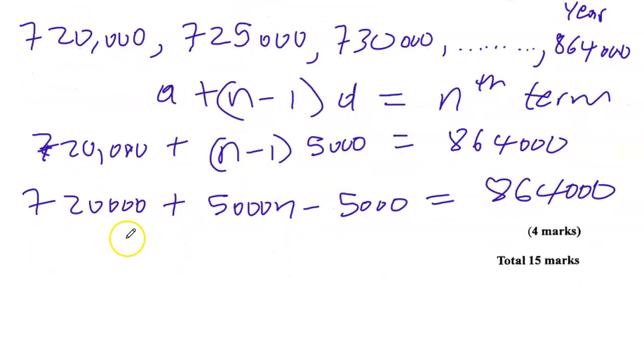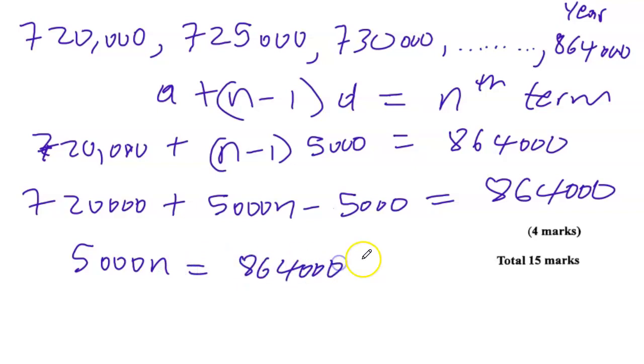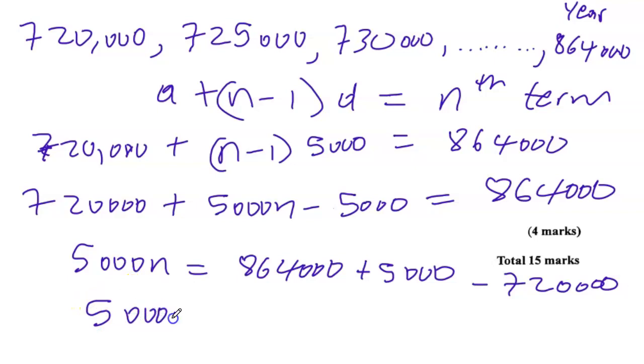So if we keep the 5,000 n over here and group everything else on the other side, we end up with plus 5,000 minus 720,000. That will give me 5,000 n equal to the right hand side,